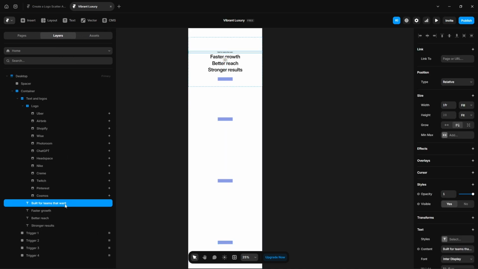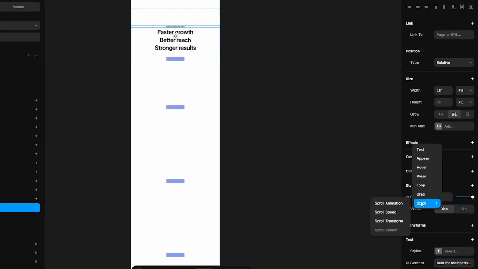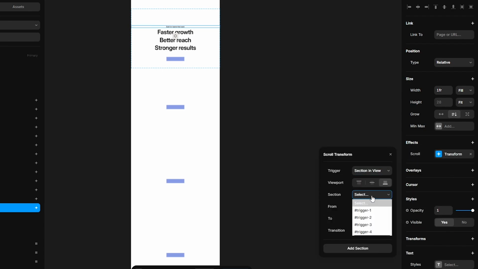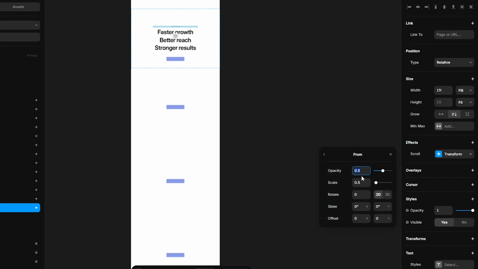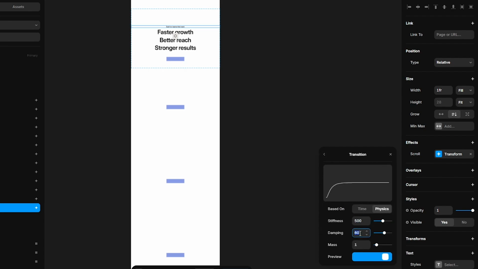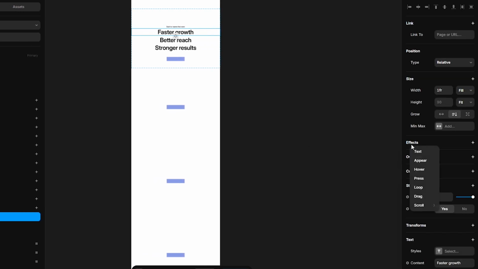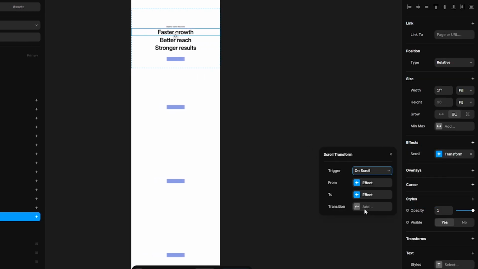Next, click this text, go to effects, scroll transform, trigger, section in view, viewport bottom, select the section, trigger 1, click the from state, opacity, make it 0, scale 1, go to 2 state and leave everything like this. Now add transition, increase the damping to 100, click here the second text, again go to scroll transform, trigger, section